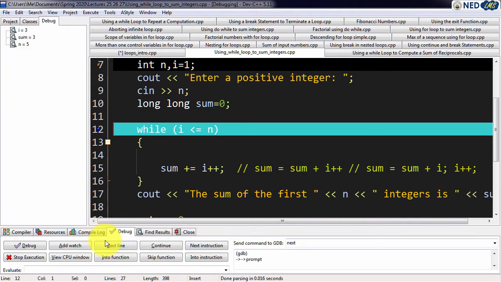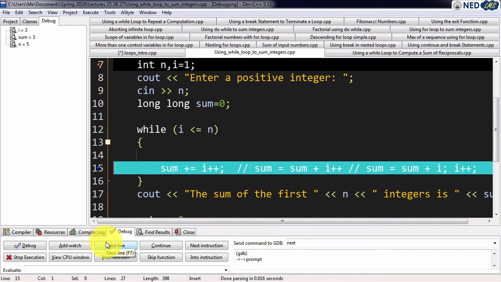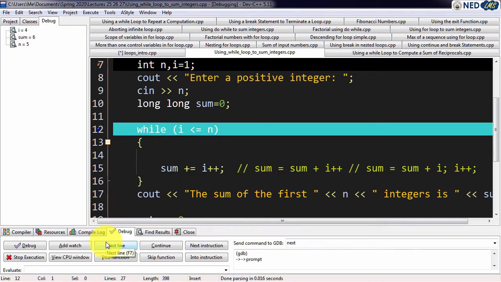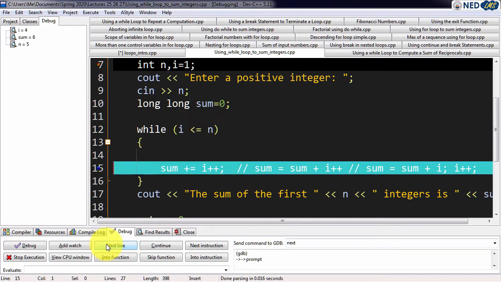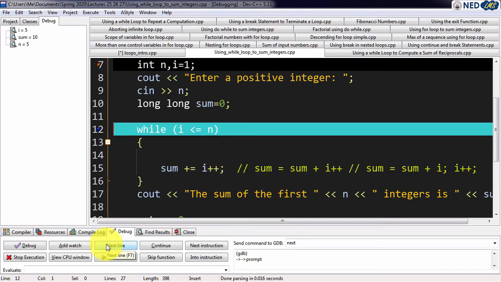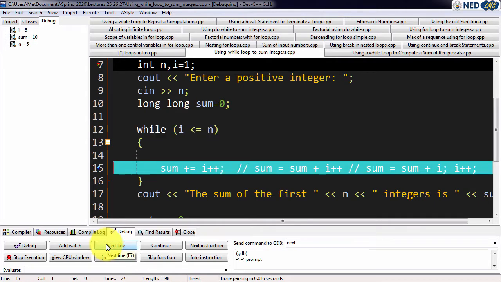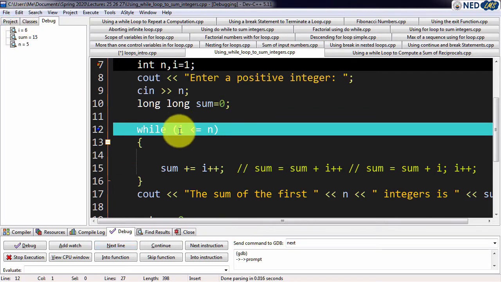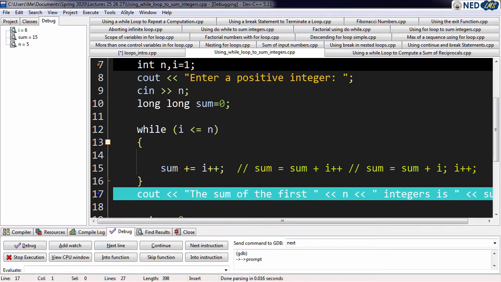3 is less than 5, and it will just again run this line. And now 4 is less than 5, which is the value of i, which again runs this line. And 5 is less than or equal to 5, that is also okay, and again runs this line. And now the value of i is 6, so 6 is less than or equal to 5, that is not true. So the control of the program is transferred outside this loop, and the loop actually terminates,